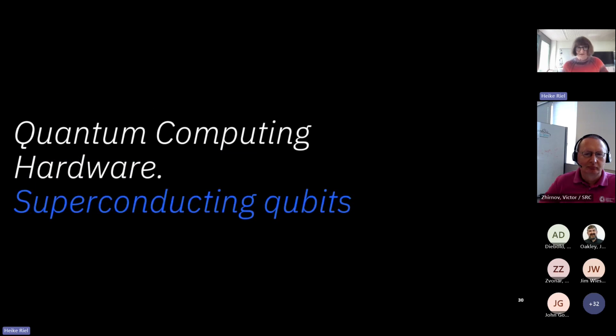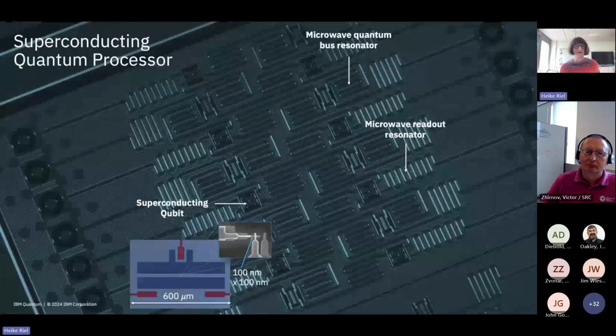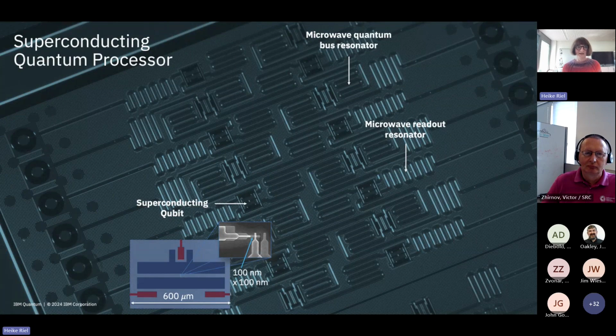Then I would like to concentrate on superconducting qubits, the hardware which we pursue. It has several advantages, which I will show you in a couple of moments. This is a chip, one of the early chips. It should indicate the different components which you need. One is a superconducting qubit, which is shown here. And in principle, it's a pretty simple